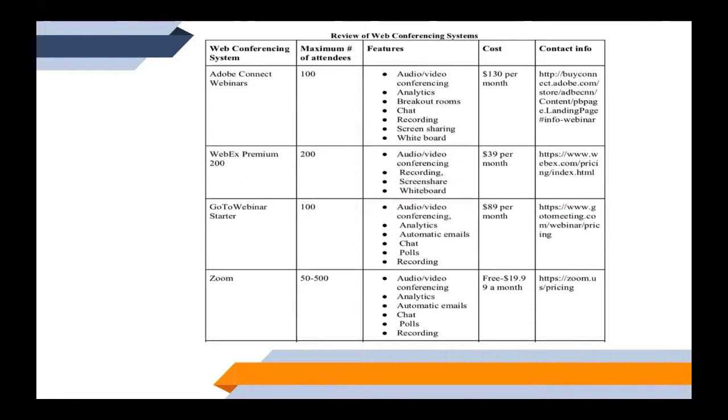And again, the interactive features will look one way on paper and perhaps another way as you're actually trialing. So some of these have really wonderful interactive features: polls, chat, analytics, automatic emails, but they might look a little bit different. And on this screen, you have some of the more expensive options, but there are, of course, the cheaper ones as well.